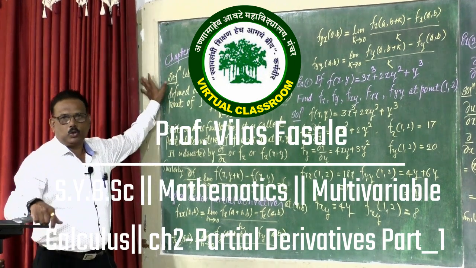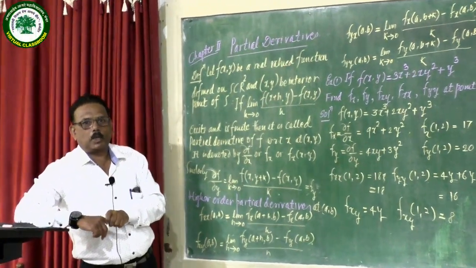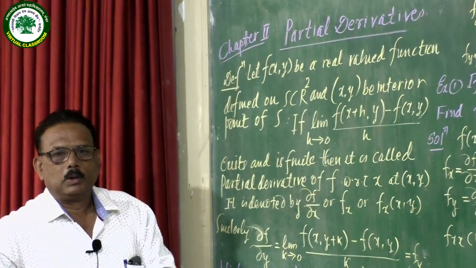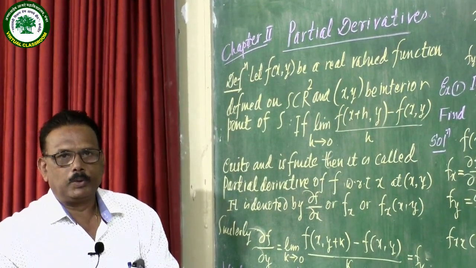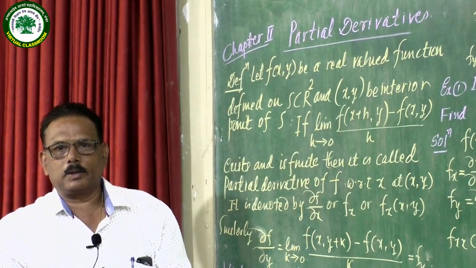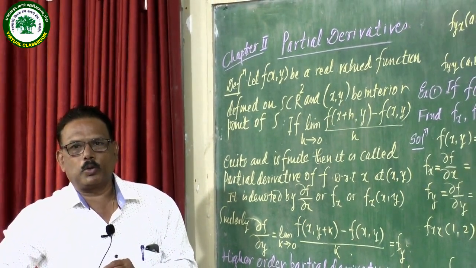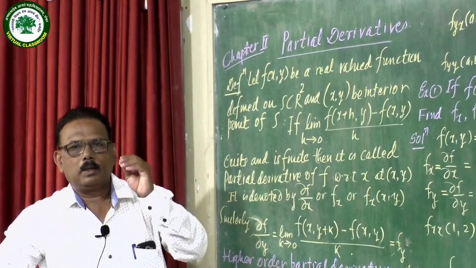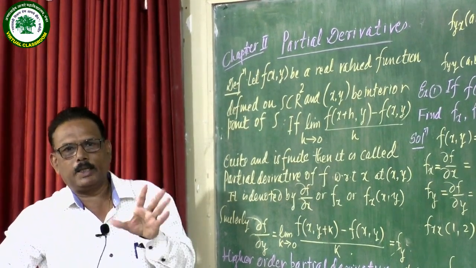Friends, today we are studying the second chapter of multivariable calculus. Chapter number 2 is partial derivative. In this case, when we consider the first derivative with respect to x, which is routine, the function is a function of x, there is no problem, you can easily take the derivative of that